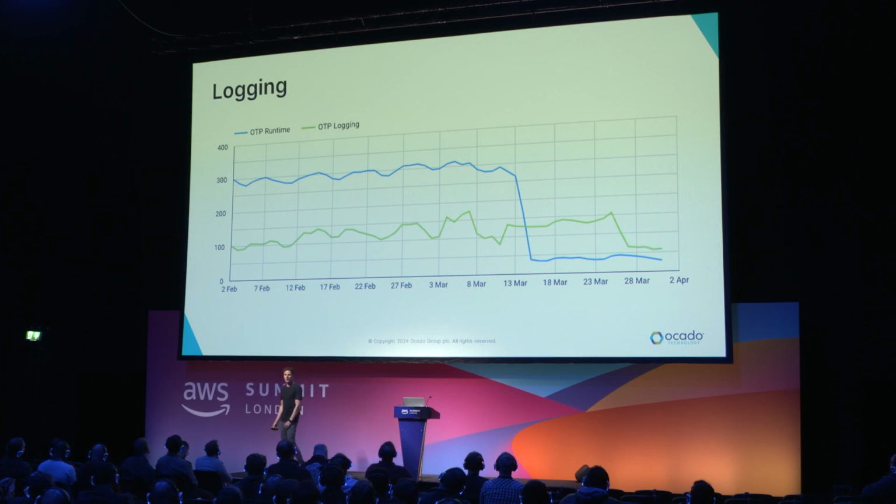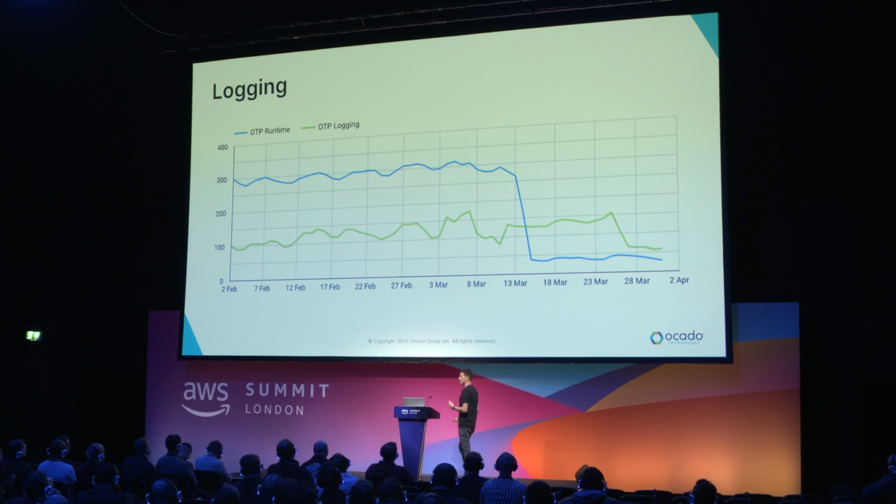So logging. During 2023, we moved from managing and running our own ELK clusters to using AWS OpenSearch. So this was a step change for us in terms of management. It's a lot easier to manage, but we also got some cost benefits from it. As I mentioned before, we are able to assign the cost of these OpenSearch clusters per app, based on the log lines that each app generates. So an app that generates 10% of the log lines will get assigned 10% of the OpenSearch cost.